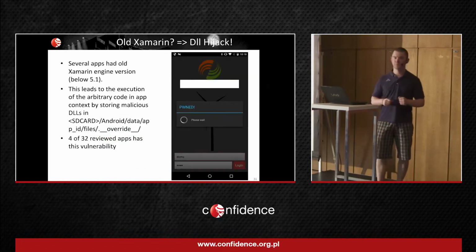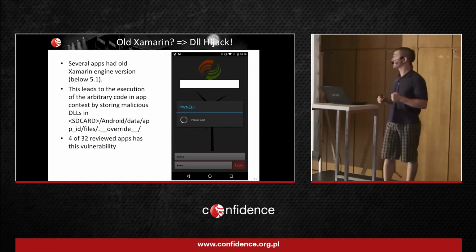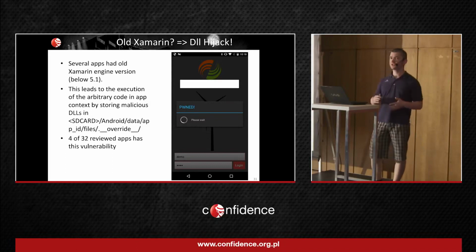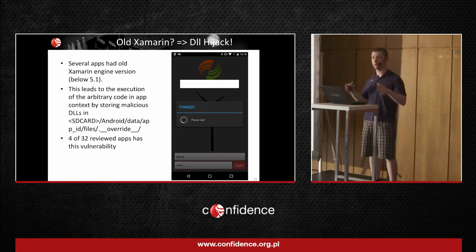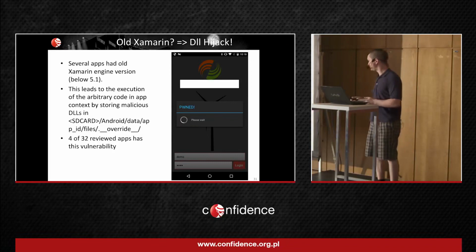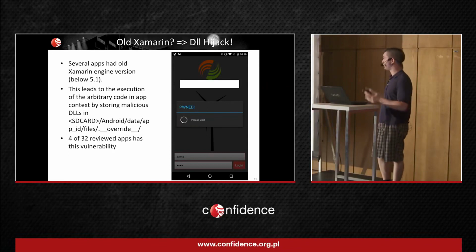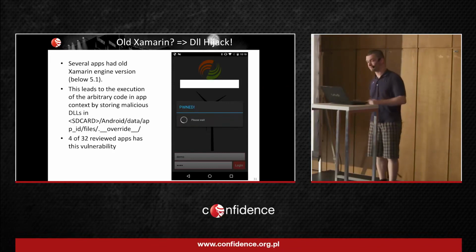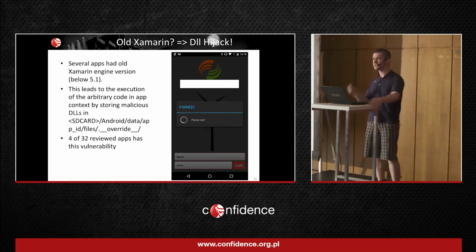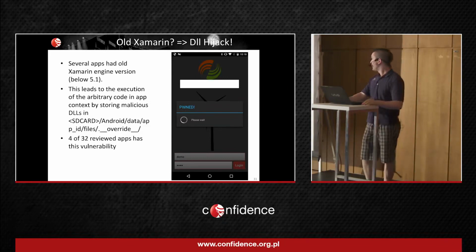In 2015, a researcher from Digital Security found that Xamarin-based applications can load their libraries from the SD card. So you just need to put a built library in a specific folder, and when the application starts up, it will load it. It's typical DLL hijacking. You also don't need administrative rights or a rooted device, and the folder is in the same place from device to device. Four applications had such a vulnerability. But this is not about the DLL hijacking, but about the usage of components with known vulnerabilities.